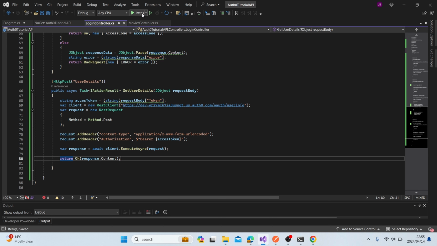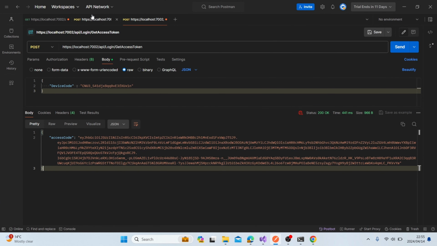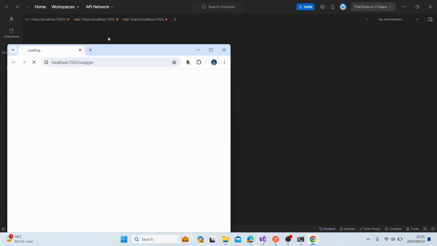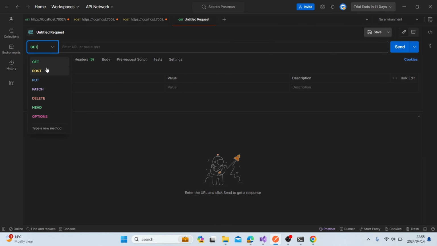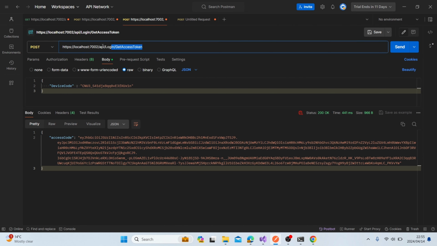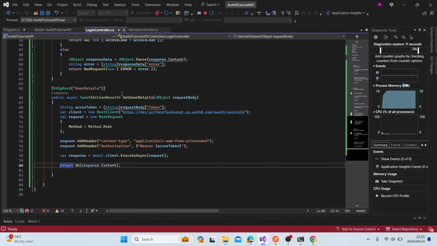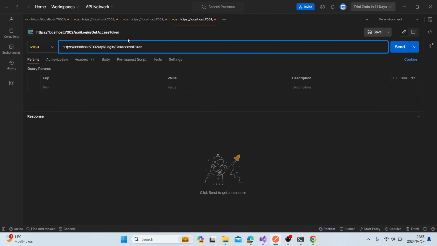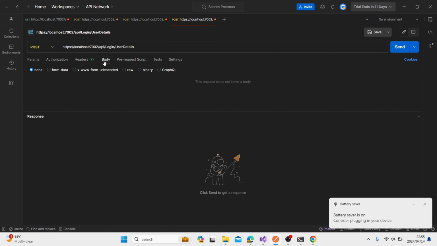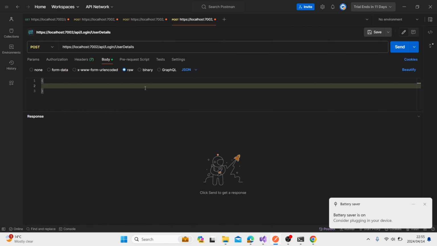We can save that, run the program, then let's just create a new request here, final one, so we can make it a post request. Instead of access token, we say user details, and in the body we can say JSON, and then just say token,